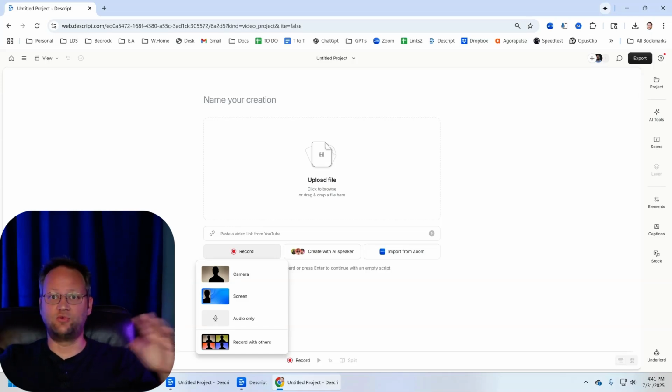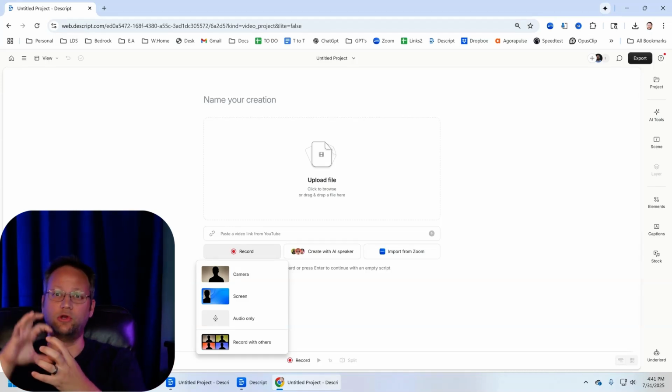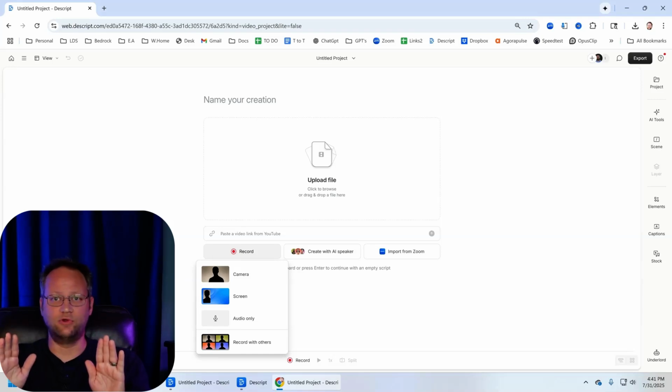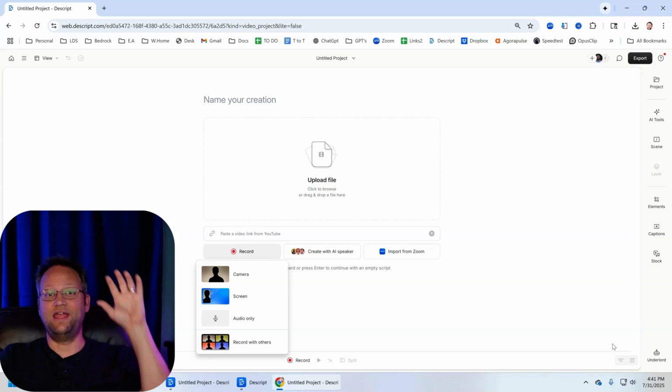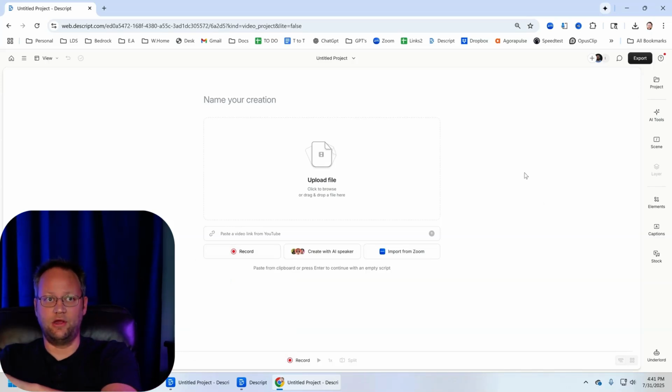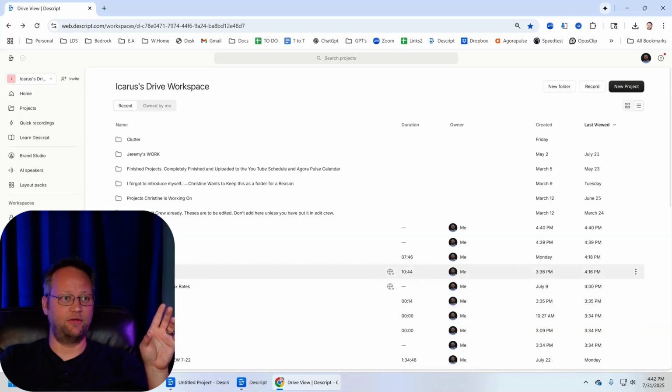I've got a couple lights around me just so the shot looks a little more three-dimensional or a little more dynamic. You can do any of those things or not any of those things. When you finish recording, all you're going to do is hit the stop button, and it is going to drop your video. I'm going to use the last one I just barely completed. It's going to drop your video right into a finished video file.